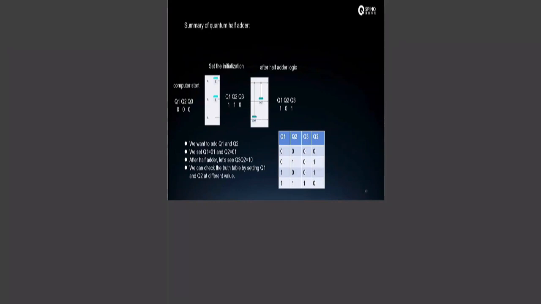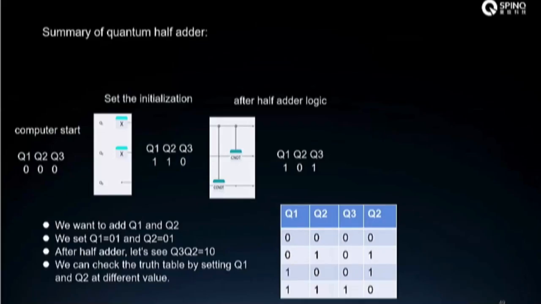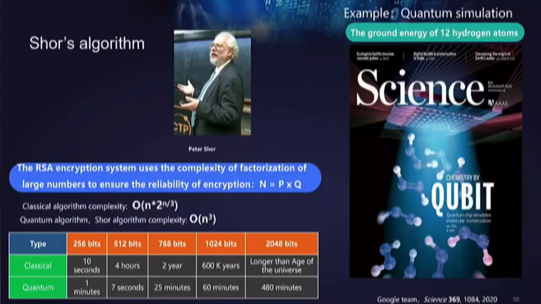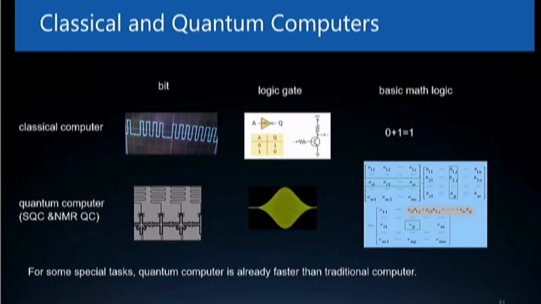Mathematically speaking, this is what's happening behind. Initially, you have 3, 0. After the initialization, you set Q1, Q2 at 1, 1. And after the half adder, you look at Q3 and Q2, you get 1, 0. This is what's happening behind the half adder on a quantum computer. For the time issue, I will go past this part, but I will still like to share this slide